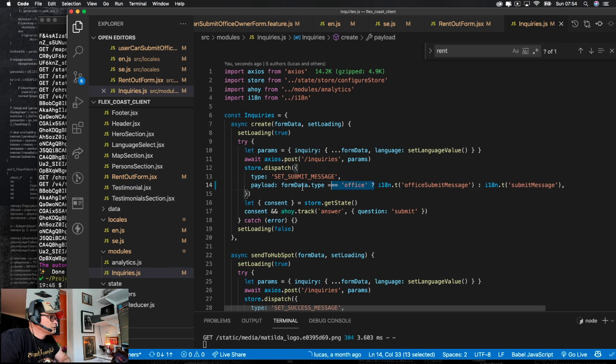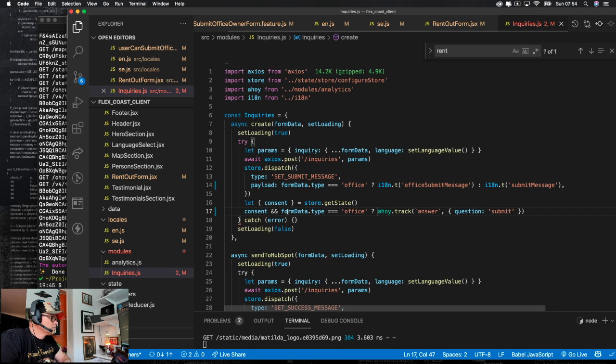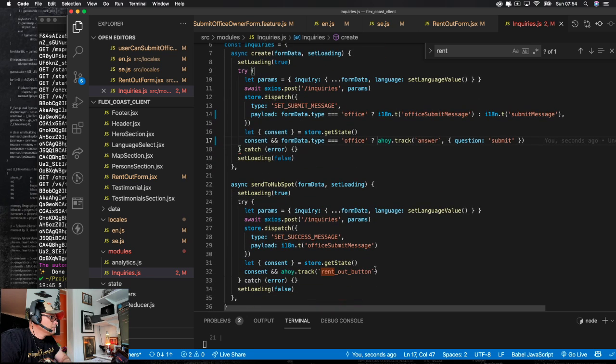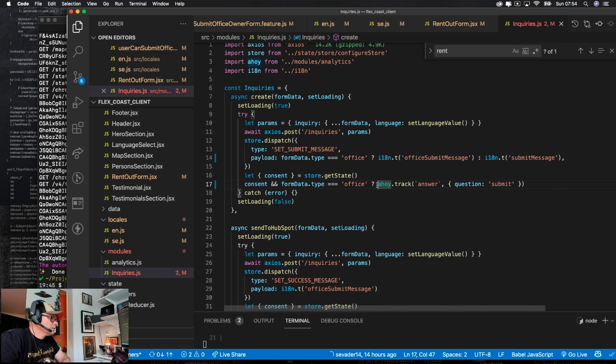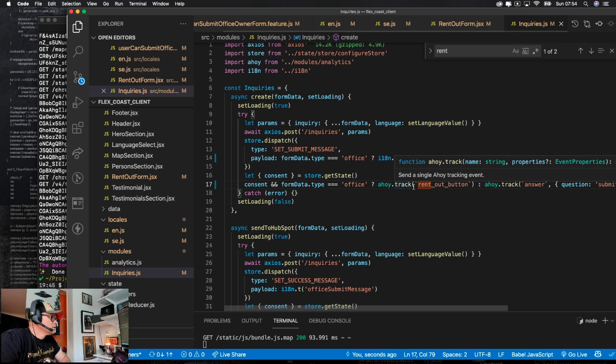Right, so we could just do this again, I guess. This looks weird though. Can I do this for ternary operators? Yeah, I can do that.